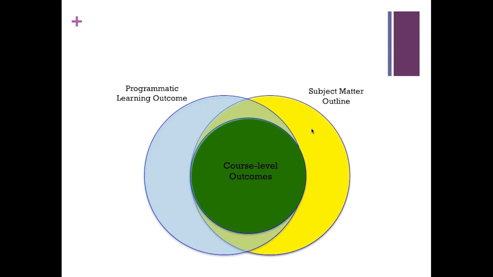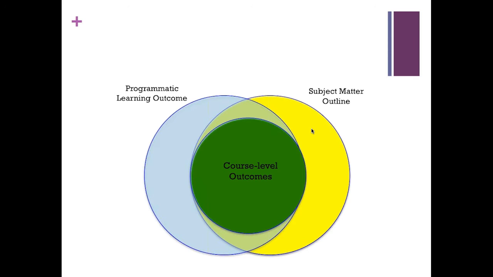By tagging all of the questions, we know what potentially might be tested on the bar exam, or what the National Conference of Bar Examiners has indicated is important for a first-year attorney to know. By creating programmatic learning outcomes, we can identify areas that we think students should know, and